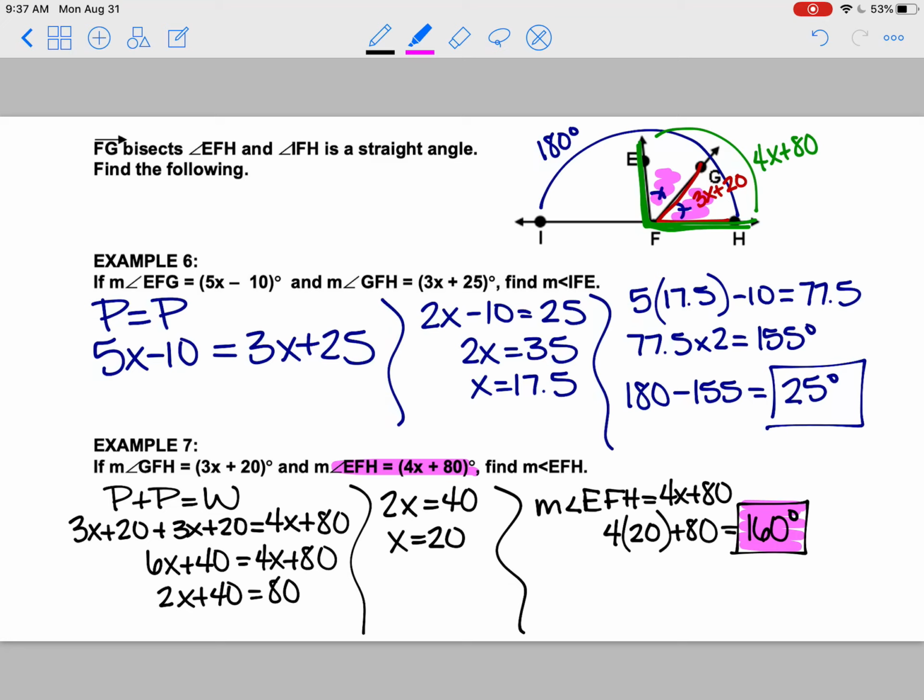So one thing I want you to think about as you're working through this, part plus part equals whole. If they don't give you a picture, draw a picture. Label your picture. It'll make a world of difference, and it'll make this so much